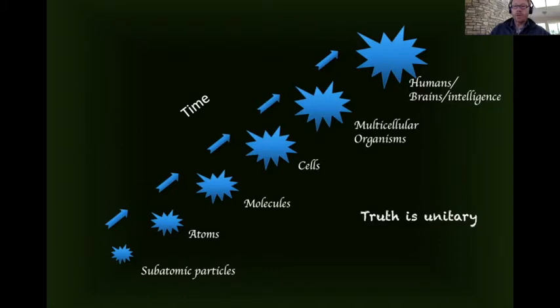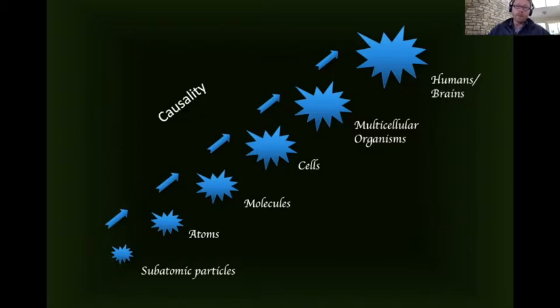So the truth in this view is unitary, basically, because ultimately there's only one thing, and that is the substrate of matter. And matter then goes forth and climbs this ladder of complexity, creating these things. Now, each of these events may be regarded as improbable or a lucky break, but it doesn't seem to me that they actually could be, because this is what happens in every moment, and it is what happened over the history of the universe, basically.